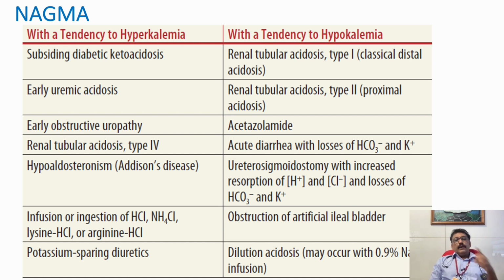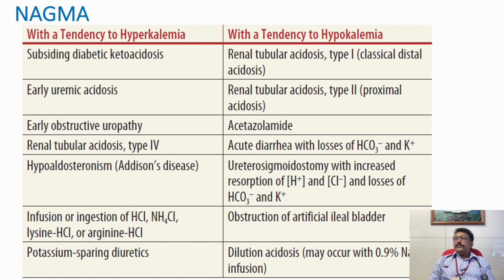can produce hypokalemia. Type 2 also will produce hypokalemia. Only type 4 will produce hyperkalemia. So if anybody is having normal anion gap metabolic acidosis with hypo or hyperkalemia, you have to think about renal tubular acidosis. Acetazolamide, acute diarrhea with loss of bicarbonate and potassium, ureterosigmoidostomy, obstruction to the artificial ileal bladder, that's a bladder reconstruction surgery, dilution acidosis that occurs after normal saline infusion,